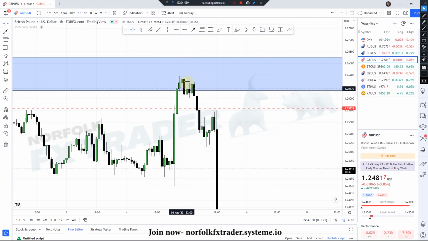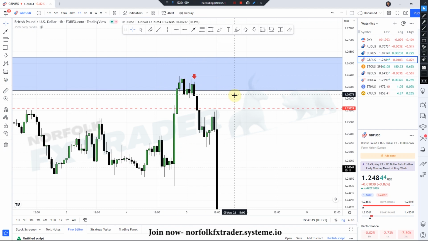That is a pattern in itself, showing you that the market is not ready to go higher. We eventually move sideways and we have another push up with a bullish candle and a close back down. So once I would see this bearish candle, I'd be looking to sell. Now, if you're not sure why I'm looking at a sell here, let's go through exactly why this is a